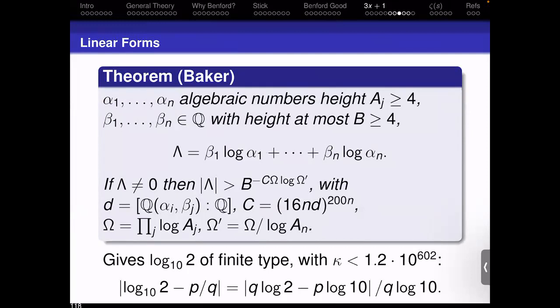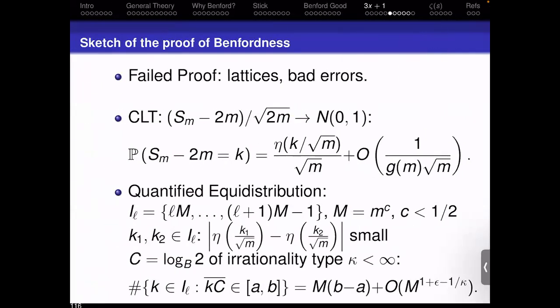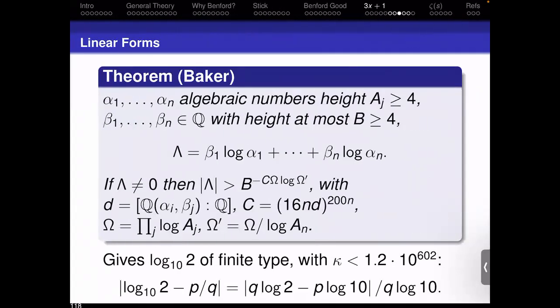So if I look at 1 over kappa, it will be a finite number. So as long as I choose epsilon sufficiently small, I will then get that the main term m times b minus a is going to be strictly larger, by a small power of m, than the error term. And this will give us convergence. With a little bit more work, I am sure one could get a much better rate of convergence than appealing to something of the form 1 over 10 to the 602. And it might be interesting to see what is the best convergence rate you could get for some problem like this. It's much better than 10 to the 602.